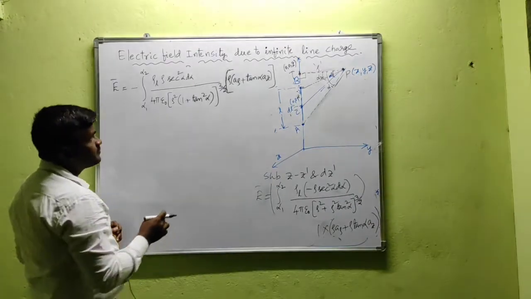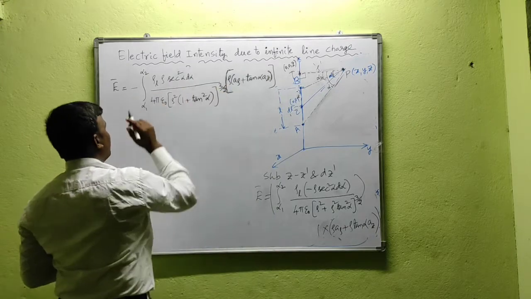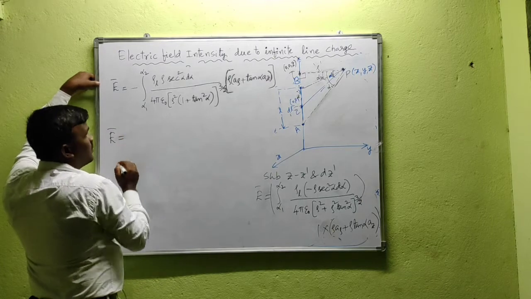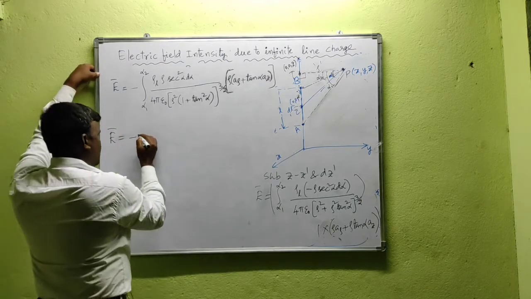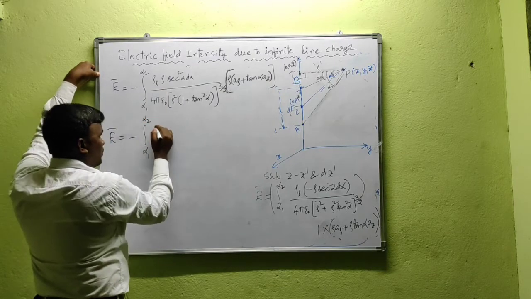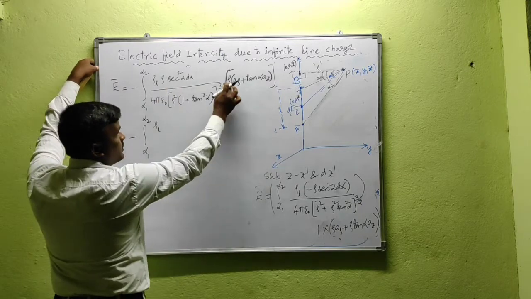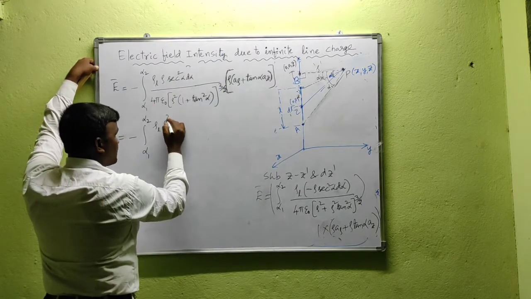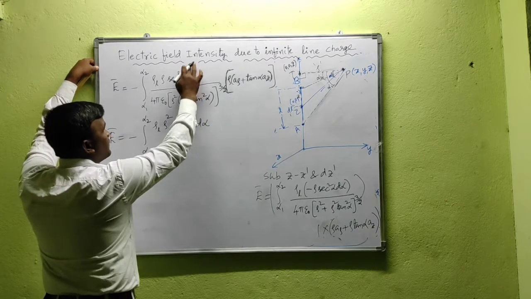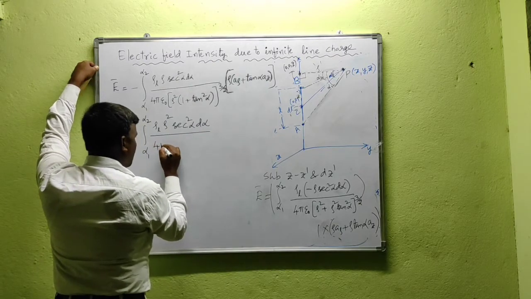Okay, tan alpha into az. E bar equals minus integration with respect to alpha, limits are from alpha 1 to alpha 2, rho L, rho suffix L, that is a line charge density. Here this rho into rho gives what? Rho square secant square alpha into d alpha by 4 pi epsilon naught